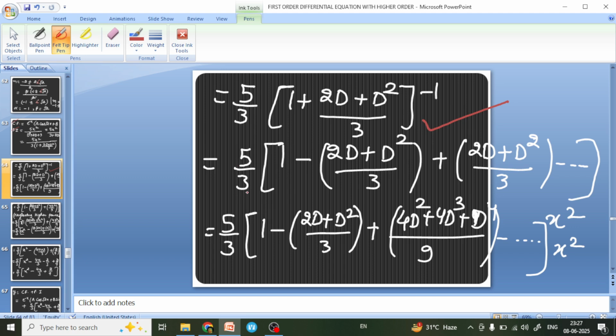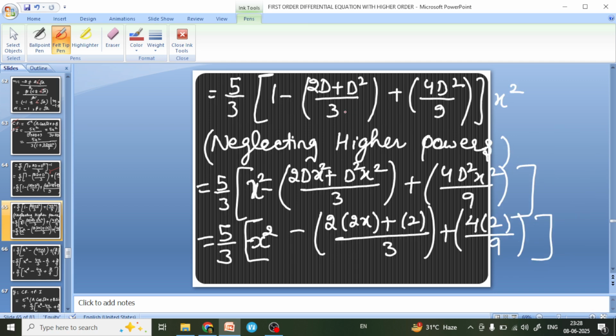According to the binomial theorem, 5 over 3 into 1 minus 2D plus D squared over 3 to power 1, and after that we will take power 2, 2D plus D squared over 3 whole power 2, and 5 by 3 into 1 minus, and this x squared will be written here, and then 2D plus D squared over 3. Implementing the a plus b whole squared formula, that will be 4D squared plus 4D cubed plus D to the power 4 over 9, and x squared written as it is. After that 5 by 3 into 1 minus 2D plus D squared over 3 plus, when we solve 2D plus D squared whole power 2,